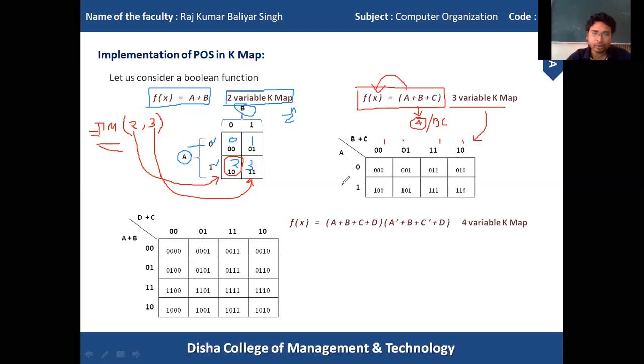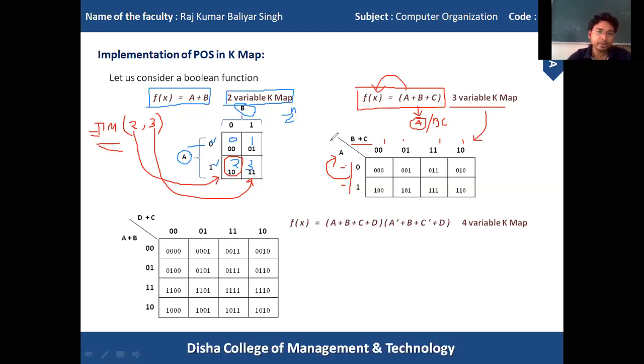The first row represents 0 and the second row represents 1, and the row side is represented with variable A. The first column is 0 0, the second column is 0 1, the third column is 1 1, and the fourth column is 1 0, represented with the variable b plus c. Why is it b plus c?